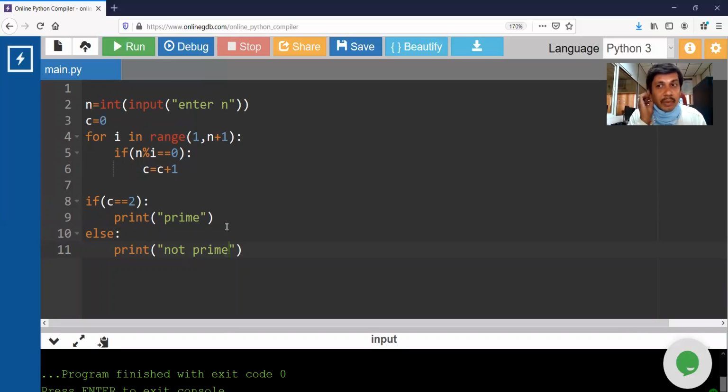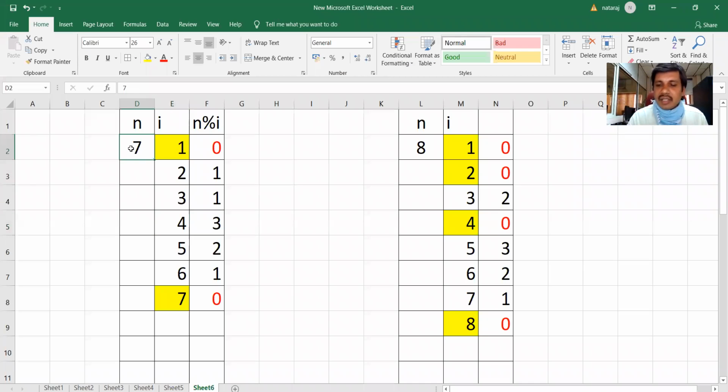Now I'll try to optimize this code. Let us take this example. Come back to the example. What if the number is 700? I should start from 1, and how many times? 700 times. 700 iterations. What if the number is 1000? I starts from 1 to 1000 iterations. You need to check each and every I value from 1 to 1000 whether it is divisible by 1000 or not.